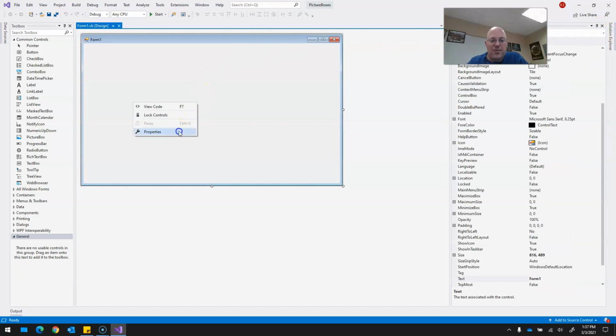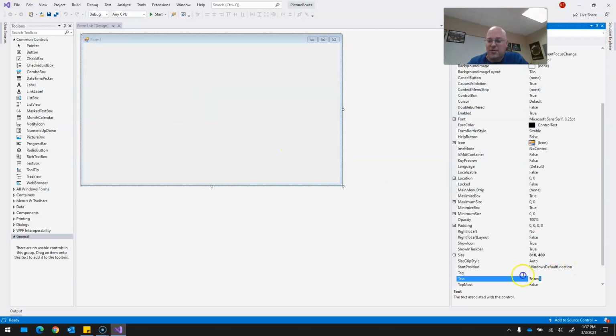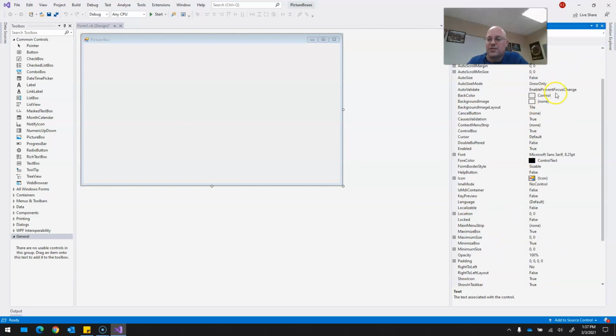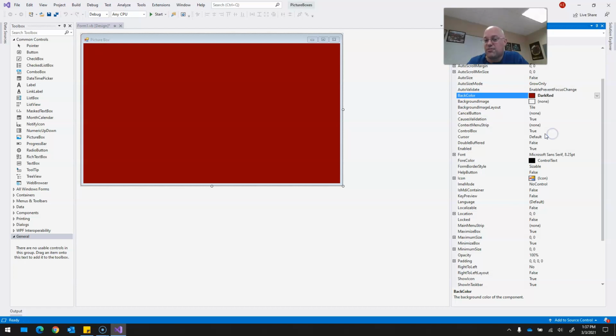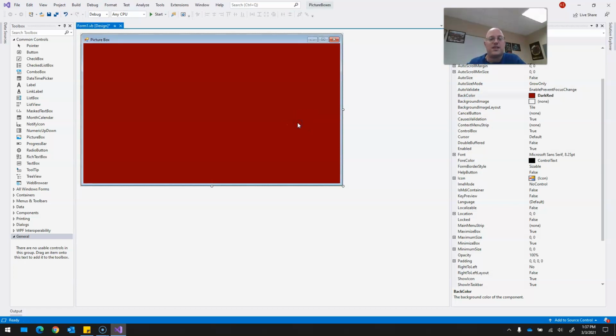So here in my properties, I'm going to change the text to PictureBox in the top left corner. Just because I can, I'm going to change the background color to, let's say, dark red. That looks decent. Okay, so now that we have all that taken care of, let me go over and first